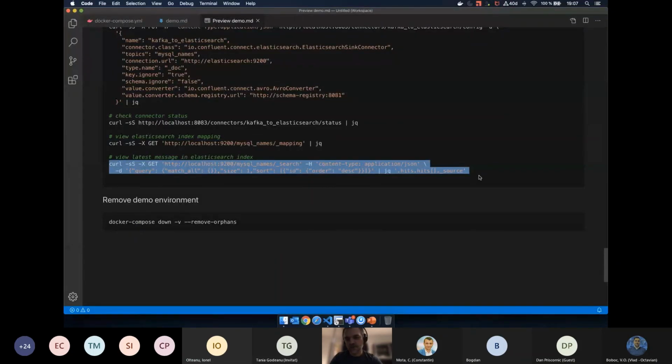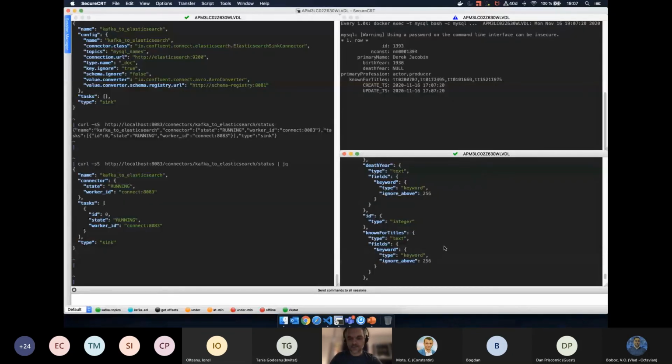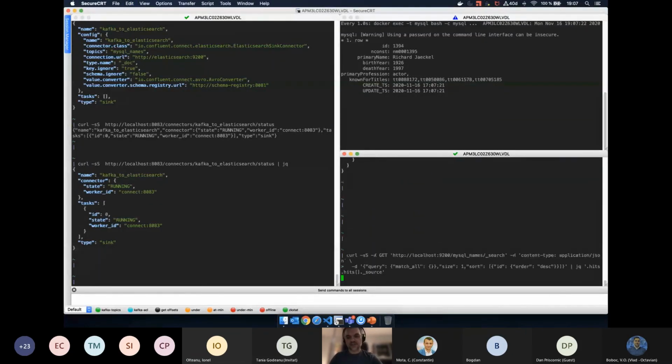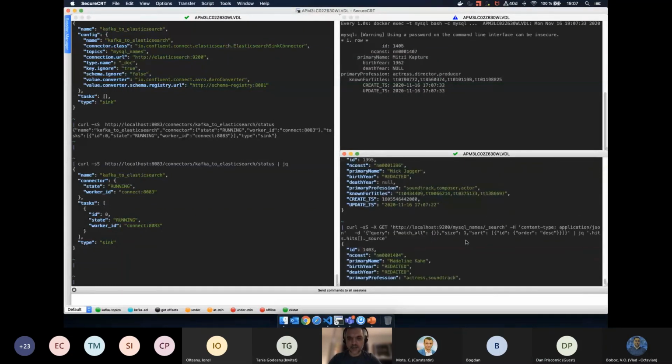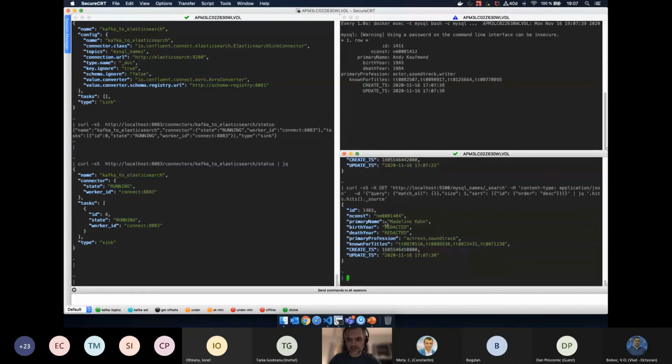And we can also use a curl to read the latest message produced, written into Elasticsearch. So let's run another one just to see that it's working. So here it is, we had Mick Jagger. On the next one we had this, and our message passed through our transformation and reached Elasticsearch in the way we want to.